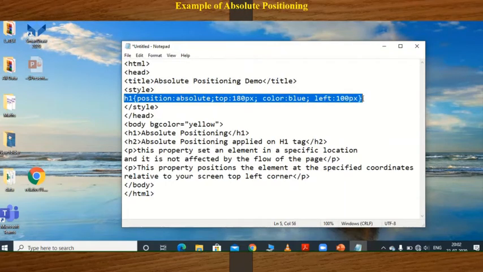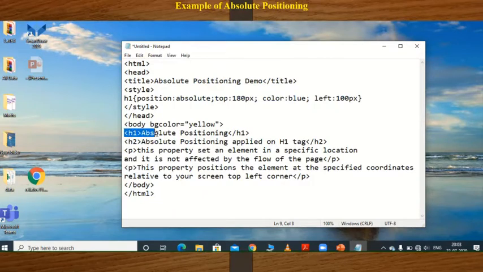Okay, clear? Then close style and head, then open the body tag with background color yellow, then h1. In h1 I write absolute positioning, the heading.